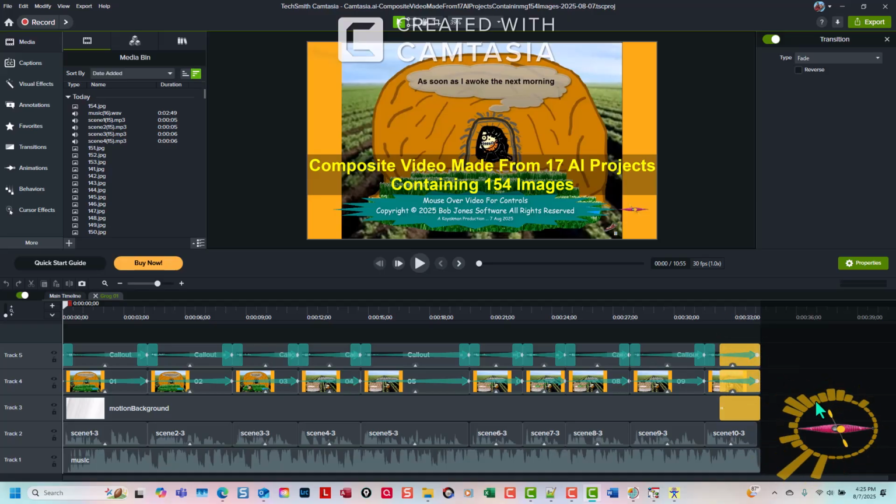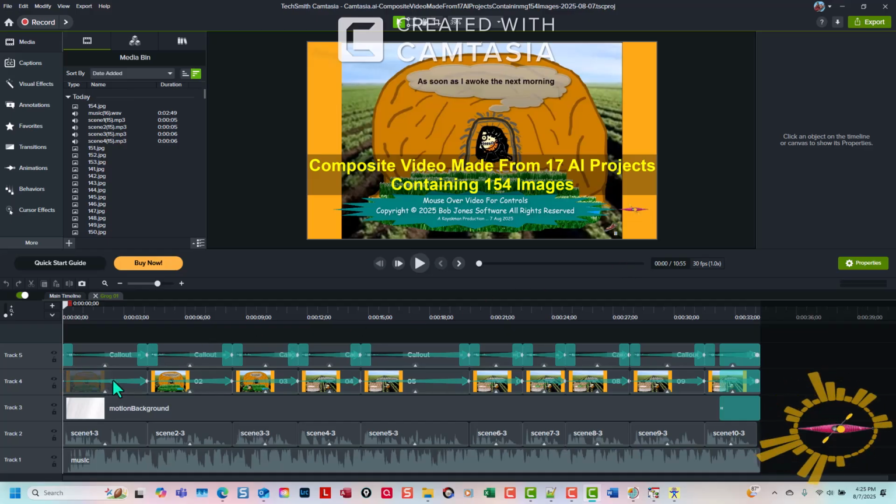I deleted those, and then I also deleted all the animations on the scene images because it was just giving me too much eye candy. And in the process of doing that, I also had to fit each of those images back to the center of the canvas. That took a lot of time because there's 154 of them,